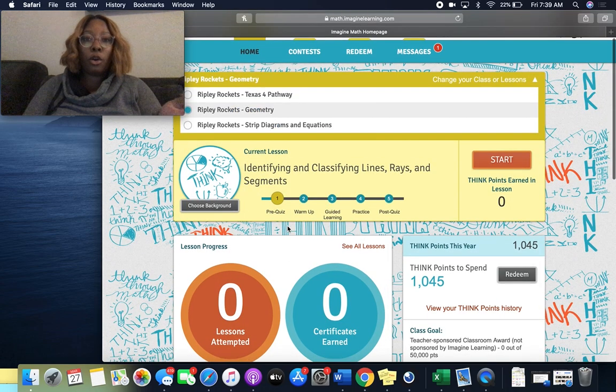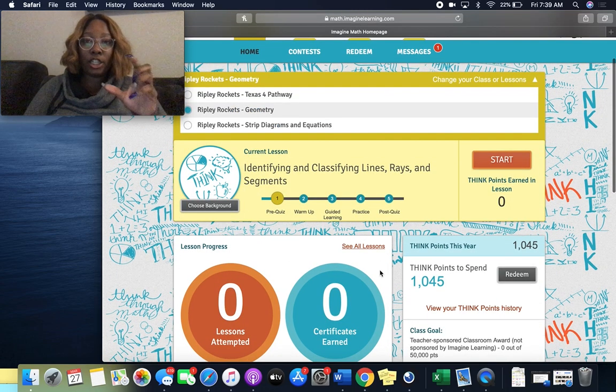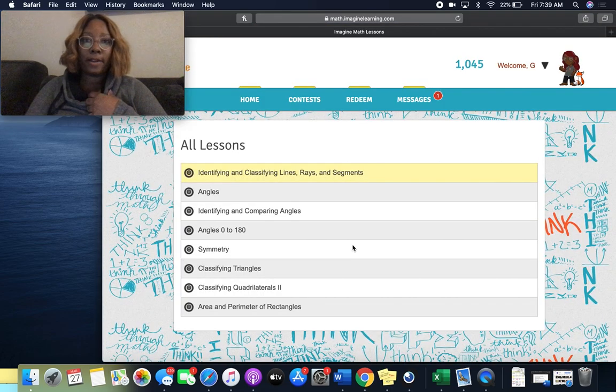Your student will know how many lessons are in each of these pathways after they select it. So now I have geometry selected. If I go down here to where it says see all lessons and click on it, they'll see that in this geometry pathway, they have to complete all of these different lessons. And something that students don't always understand is that it's not just about completing the lessons. It is not over until they have passed the lesson. So if I go back to the home,